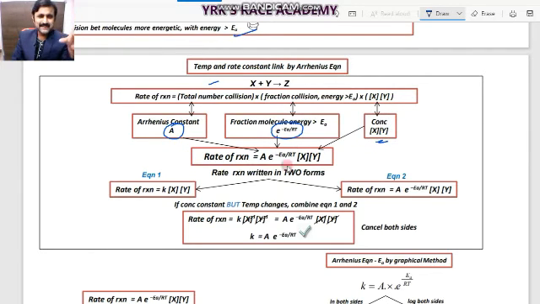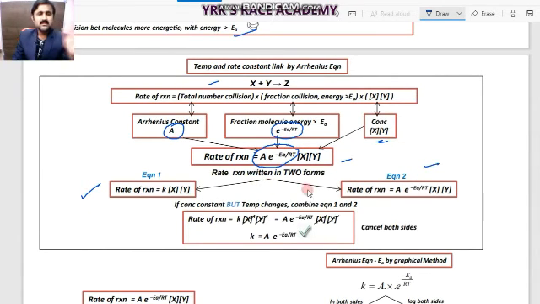So once you write the rate equation, the rate of reaction equals A into e to the power of minus Ea by RT into concentration of x into concentration of y. Usually we write the rate equation as a constant into concentrations, but here that constant we are writing as A into e to the power of minus Ea by RT as per the Arrhenius expression. So one is the general equation, the rate equation, K into concentration of x into concentration of y, whereas equation 2 we can write like this.